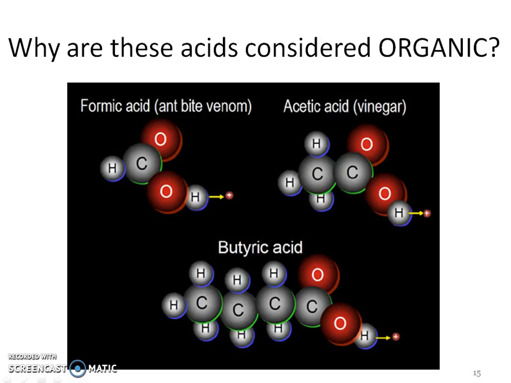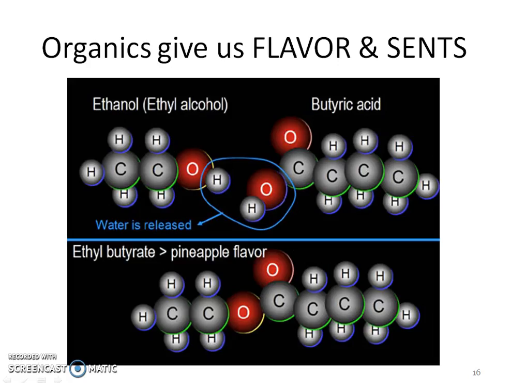So why are these acids considered organic? You know, we have just that one carbon, but we're still going to consider this organic, and it's because of that carboxylic group. So here we have that COOH, so we have that carboxylic group. And this is going to be a big one. Try to keep this one in your head. This acetic acid, which is really in vinegar, they use that a lot, especially as a weak acid when we get to acids and bases.